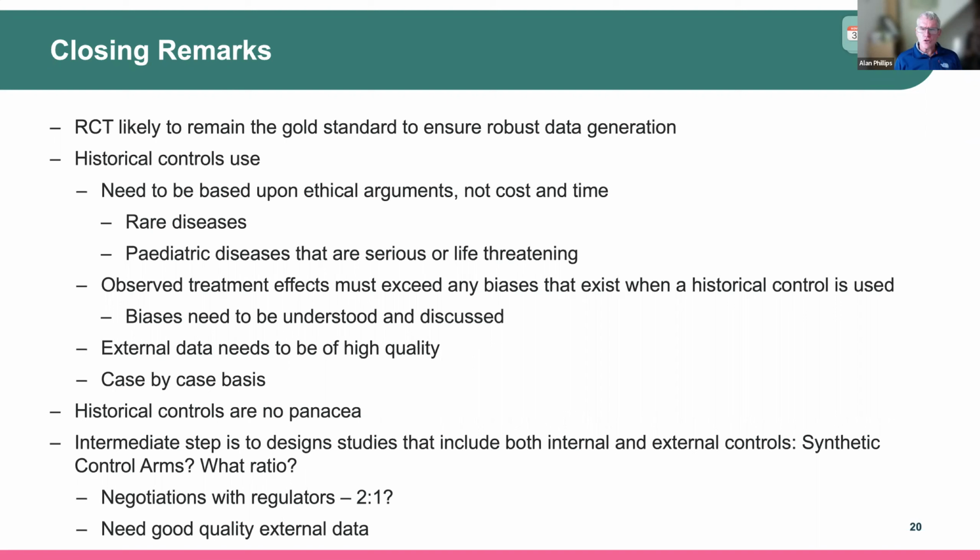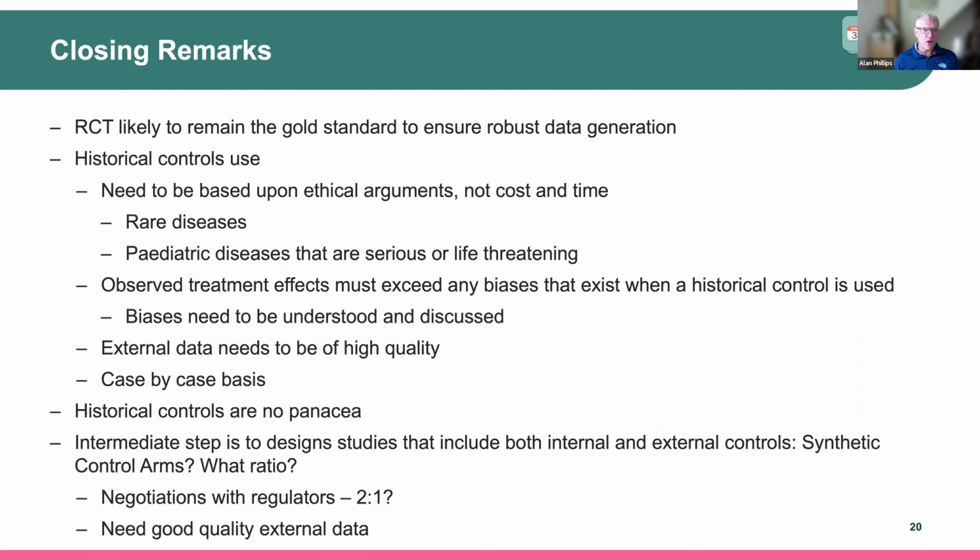Any treatment effect that you're trying to detect or observe must exceed any biases that could exist with the historical control. And I gave a whole list of potential biases that can exist, which need to be thought through and documented and discussed when proposing a historical control. So you need to understand when they could occur and what the impact could be. The external data needs to be of high quality. You can't get away with substandard data,